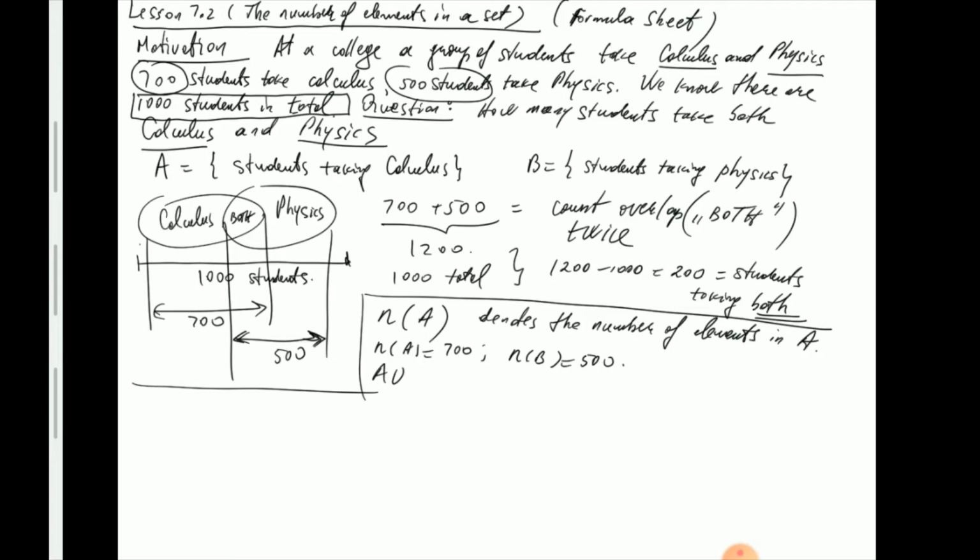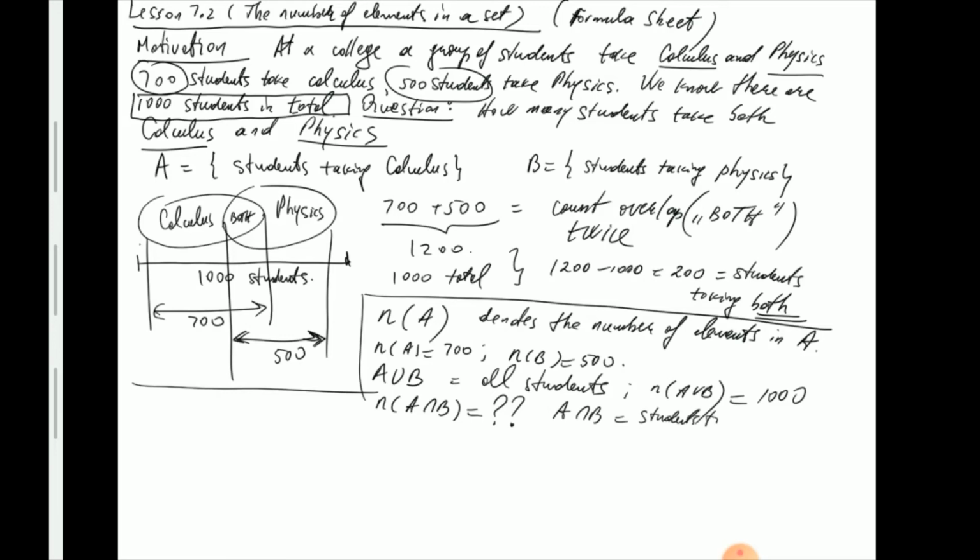A union B, because this takes all the students without repetition. A union B means all students taken only once, which means in my example, the number of elements in A union B is equal to 1,000. These are all the students. What the problem is really asking is the number of elements in the intersection, right? A intersection B means students taking both